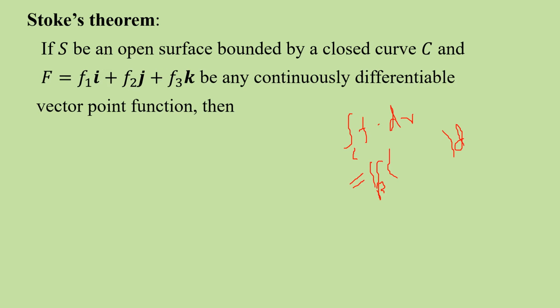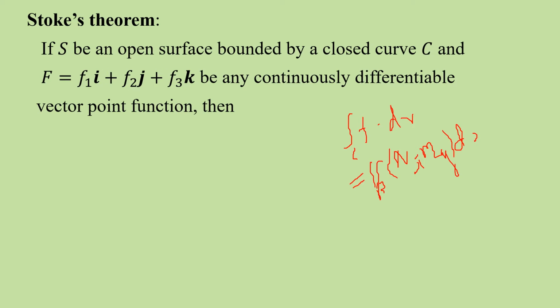So if it is in the form M dx plus N dy, or f1 dx plus f2 dy, the components are f1, f2 or M and N. So differentiate M partially with respect to y, N partially with respect to x. So take the factor ∂N/∂x. The factor here is ∂N/∂x minus ∂M/∂y. So this we have to integrate over the region R.